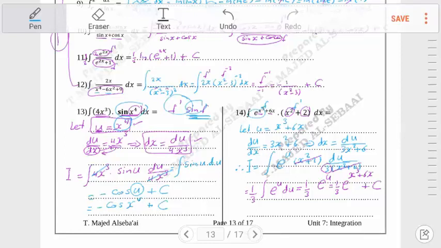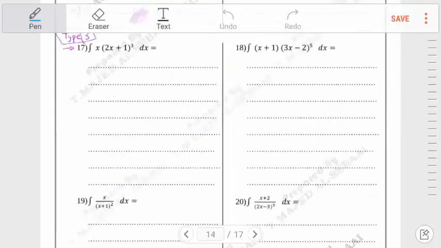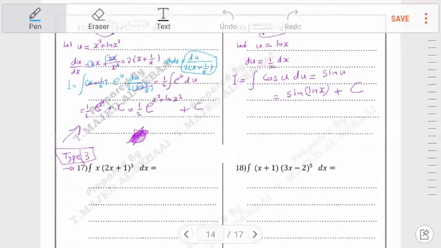We have question 13 and question 14, also question 15 and 16. They are all type 2. While type 3,